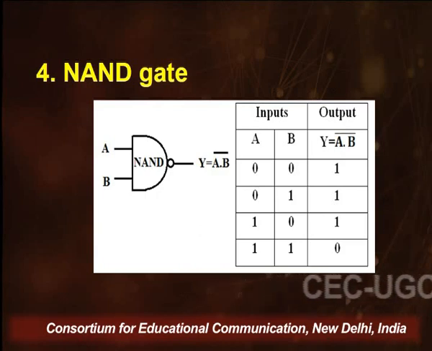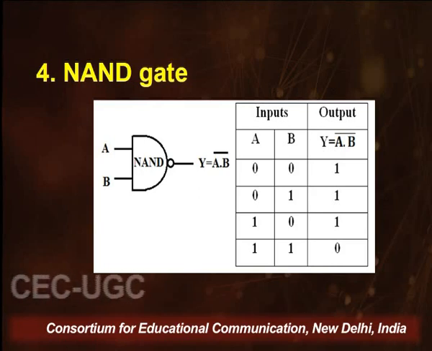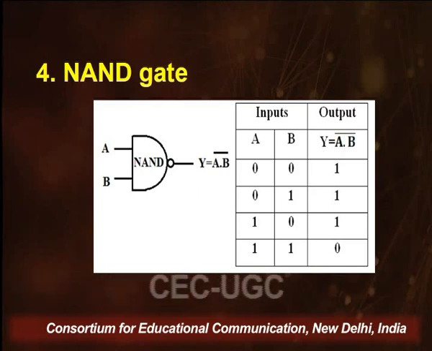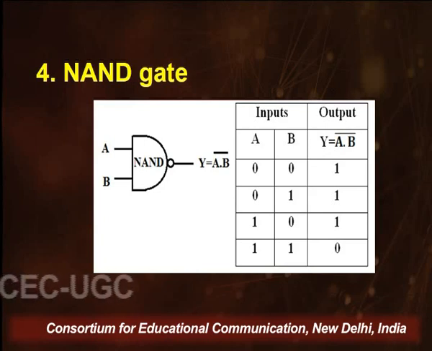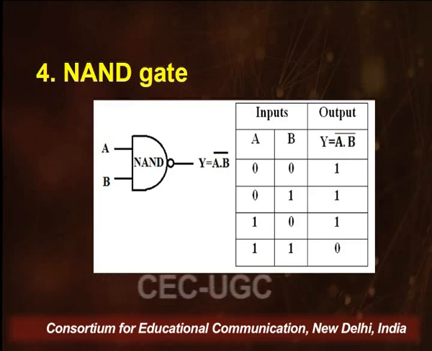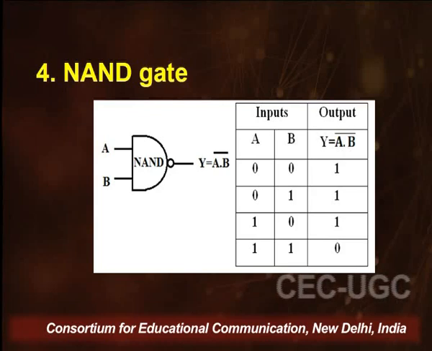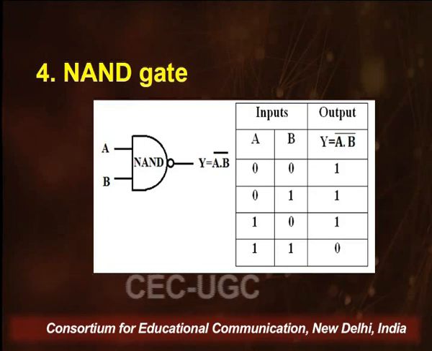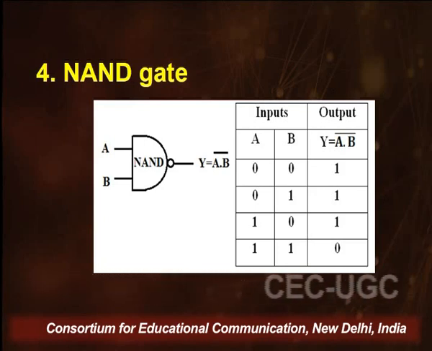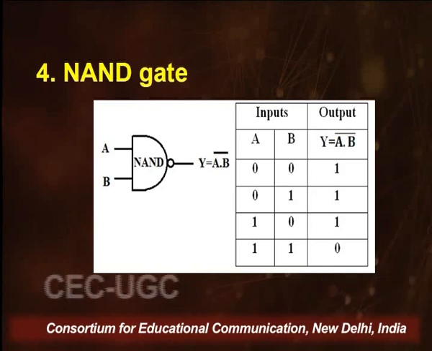The truth table is going to be exactly the same for 2 inputs, 4 options. If you look at the output column, and if you remember what the output column of the AND gate looked like, this is absolutely the reverse of it, because the output is AND. Overall, we will have an operator of inversion or the NOT done over that same output. So the output column, if I want to conclude here, will have a 1 in any case except for the cases where you have 1s in both your inputs.